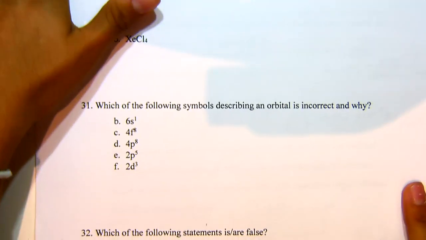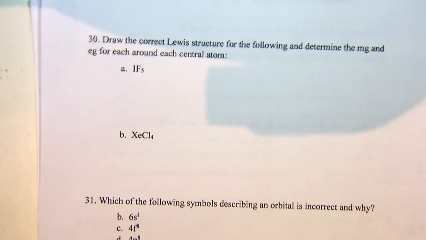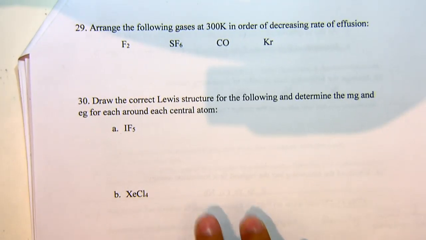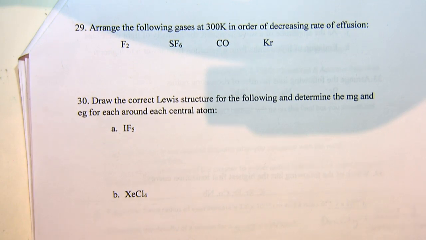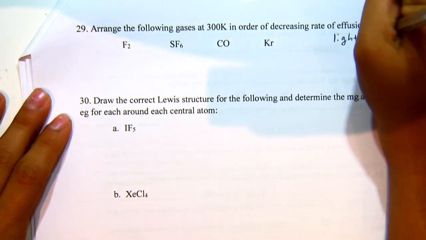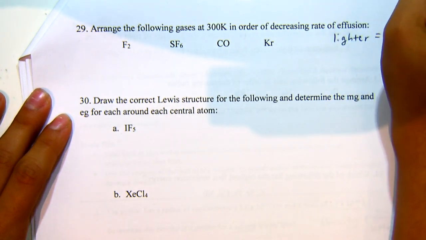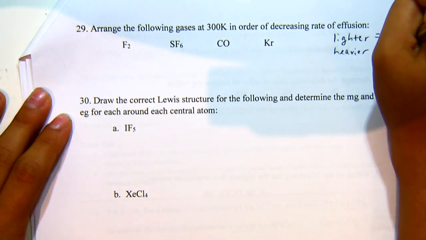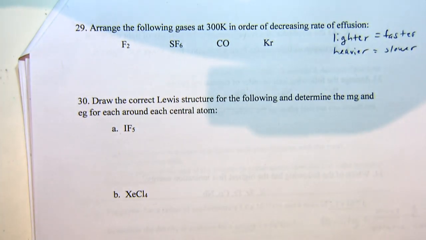So now it's saying to arrange the following gases at 300 degrees Kelvin in order of decreasing rate of effusion. So if something is lighter, it's going to move faster. And if something's heavier, it's going to move slower in relation to gases. That's like a rule of thumb that you could use. So